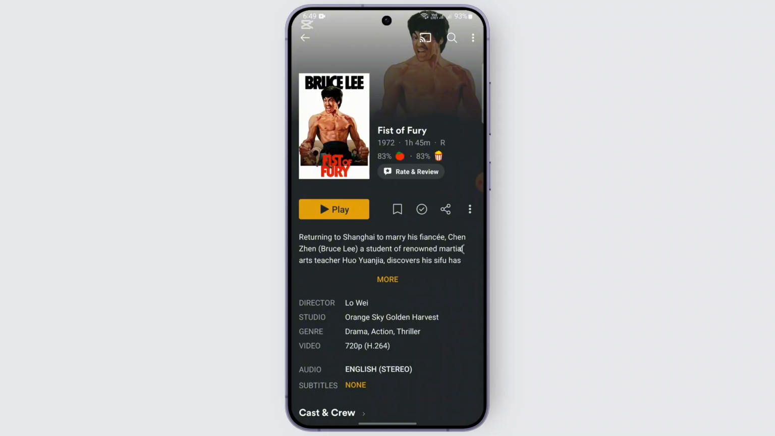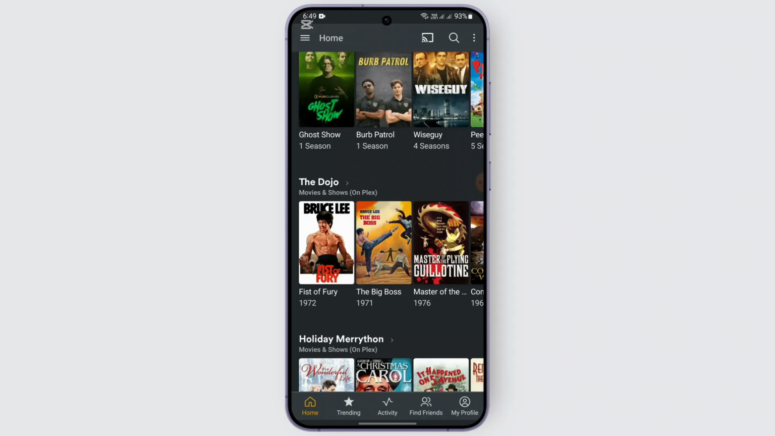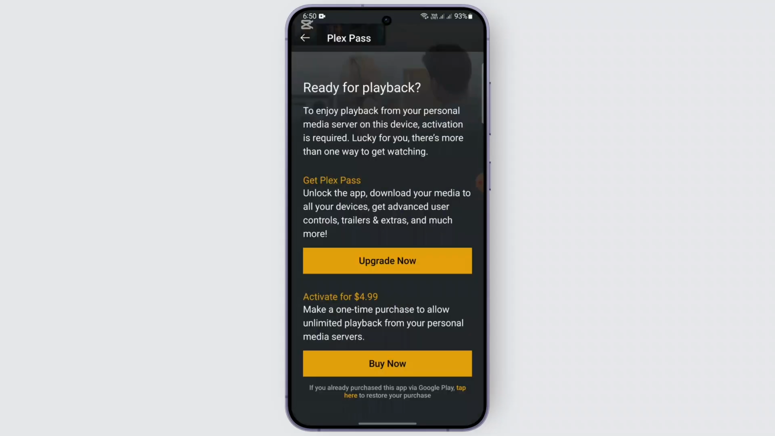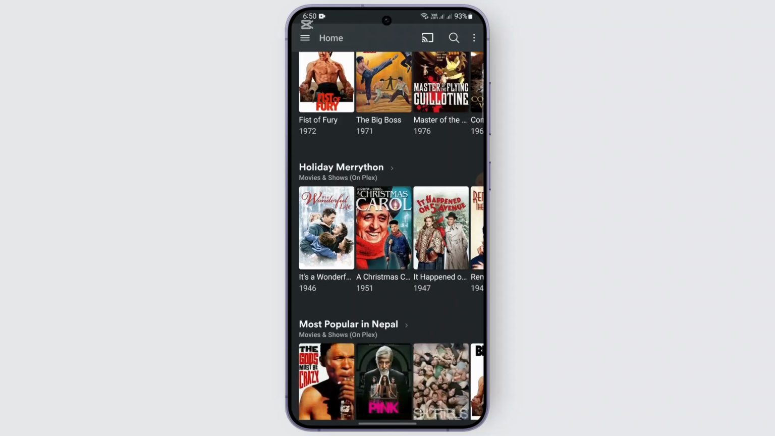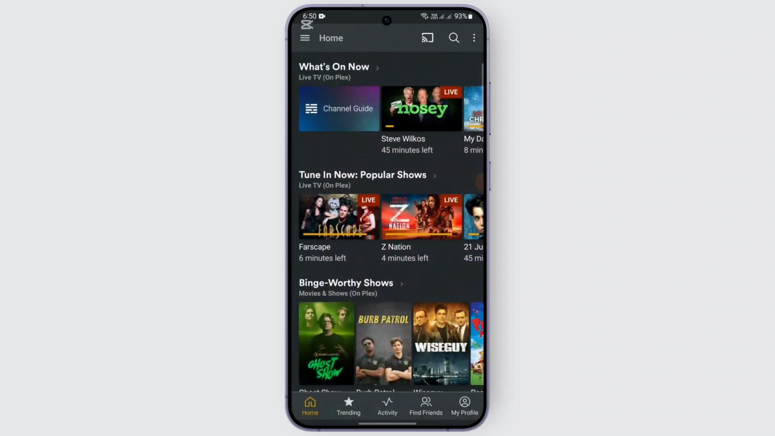So in order to activate it, get back to the home page, and at the top three dot, you'll be able to find this option called activate Plex. Just tap on activate Plex. After that, upgrade or buy the feature. After that, you'll be able to find the option called download whenever you look up for any of the movies here, and that's how you basically download the movies using Plex